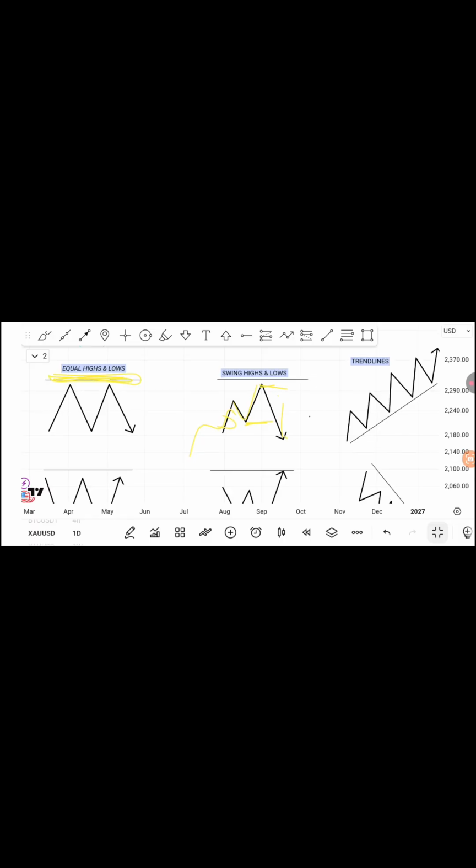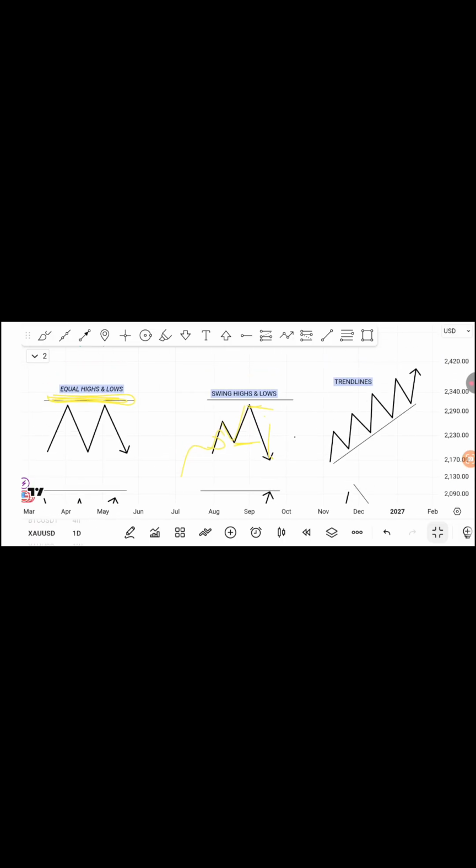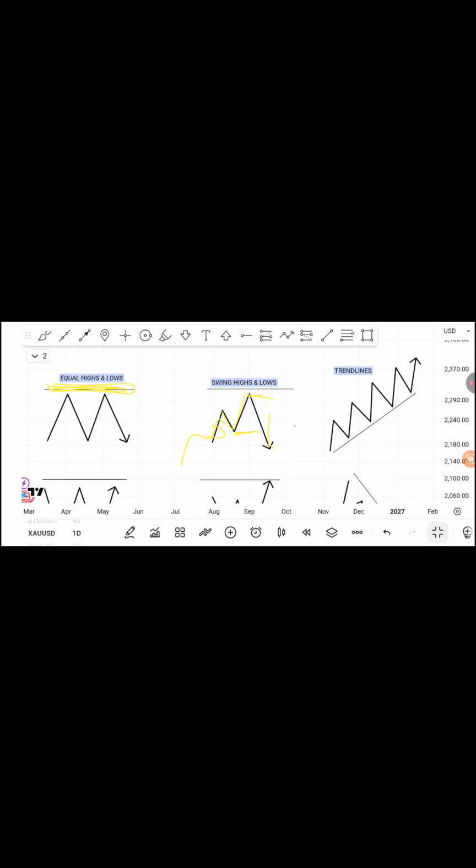So moving on to our trend line liquidity. This is our trend line. When traders draw trend lines, many of them enter trades along the lines. So you see there is available liquidity here, because there are lots of traders entering trades along the trend lines and placing their stop loss below